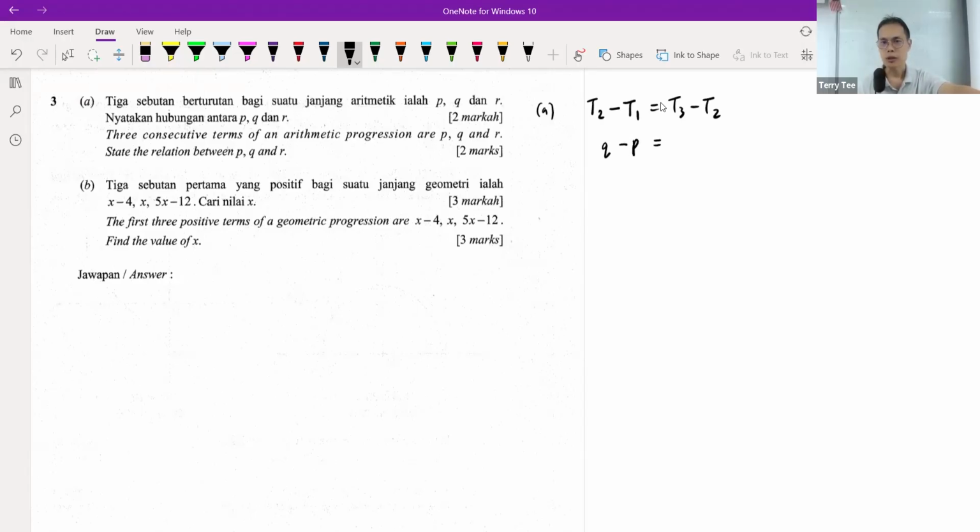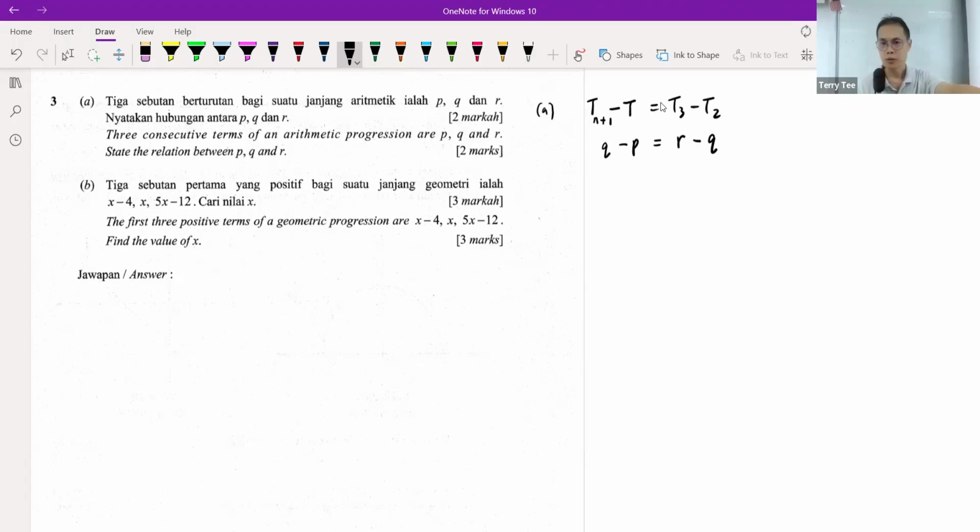Your third term is R, second term is Q. Now, actually, by right, we shouldn't say it's necessarily a first term, second term, because they say 3 consecutive terms, but it doesn't matter. It appears to be the same, right? Or if you want, you can say Tn plus 1, right? This is this